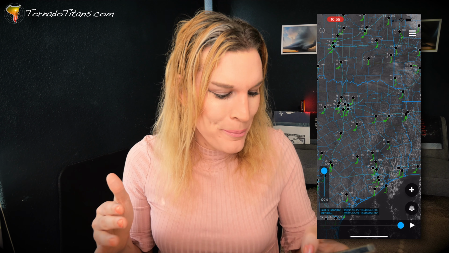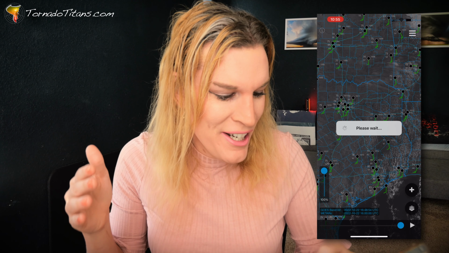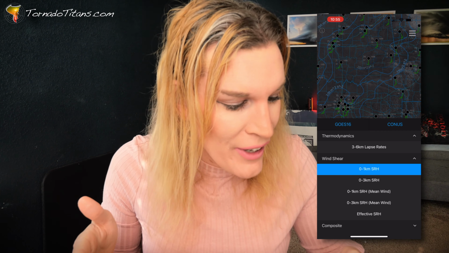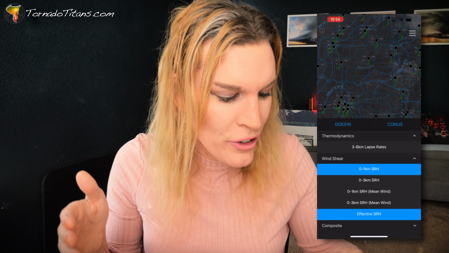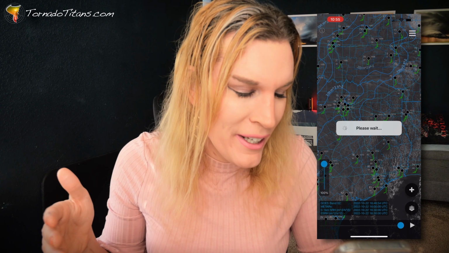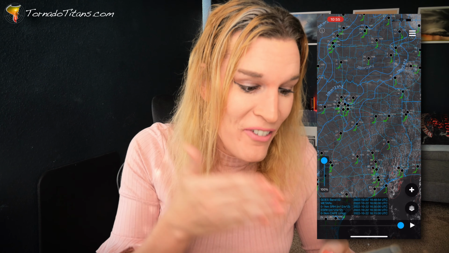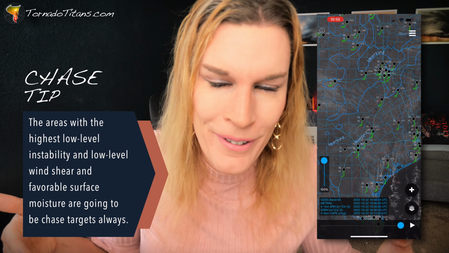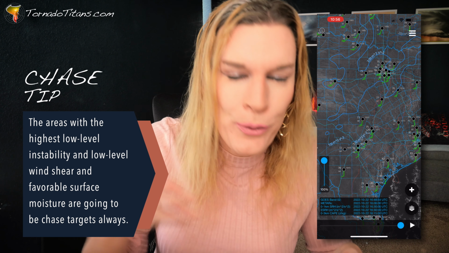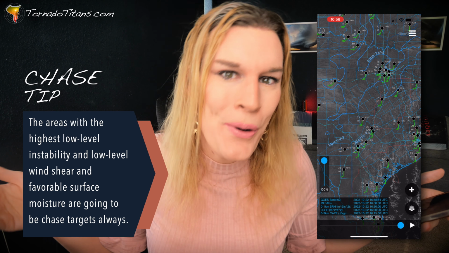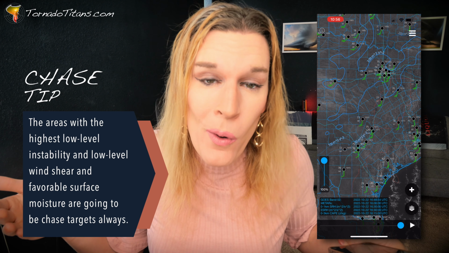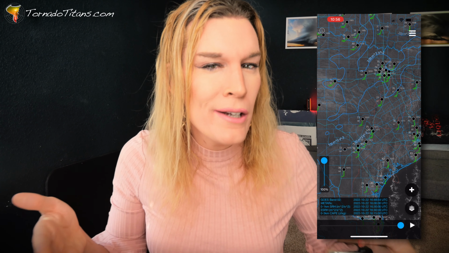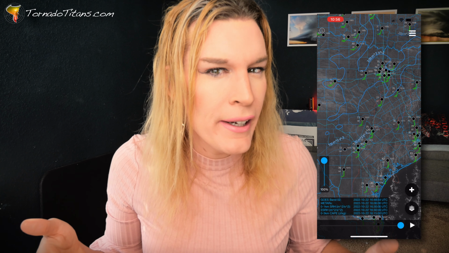If you're going to set up something: 0 to 1 kilometer SRH. Let's overlay that with effective SRH. And then let's go over here to thermodynamics and 0 to 3 kilometer CAPE. Now, this can get very, very messy. But when you see all these values overlaying each other, that's tornado time. That's where you want to go. I mean, it's not foolproof, but that's one small way to check out where the atmosphere is really setting up for